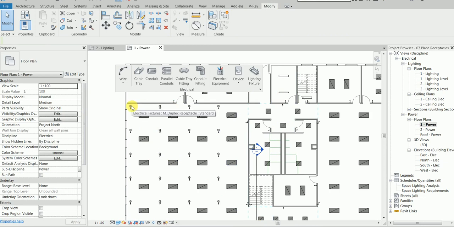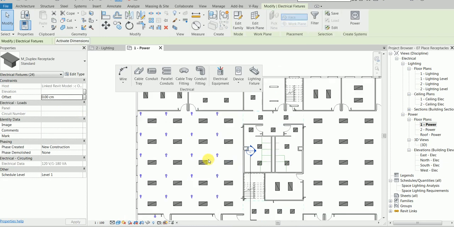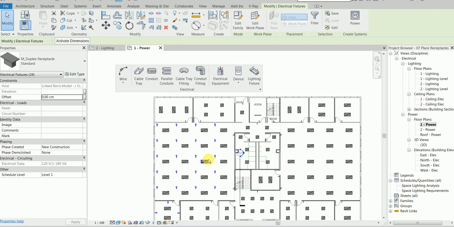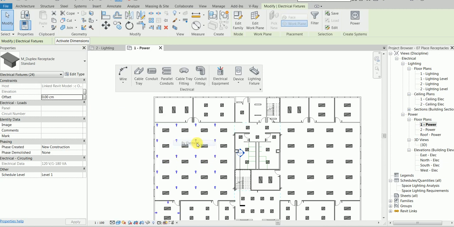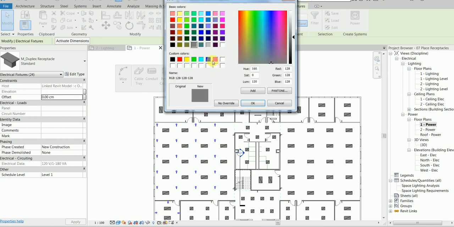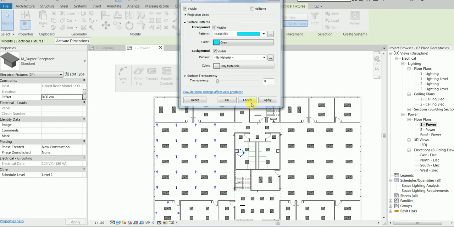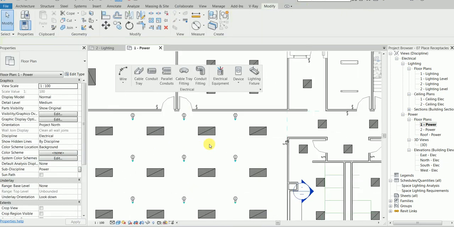Anyway, one option is select the object and let's say select similar stuff. Select all instances visible in this view. This is what I wanted. There are some 24 of them. Good. Then right click, you can say override graphics by element. Pattern, make it solid, give it a color, let's say red or I don't know, yellow, blue, cyan, whatever. Okay, apply. Okay, you can see